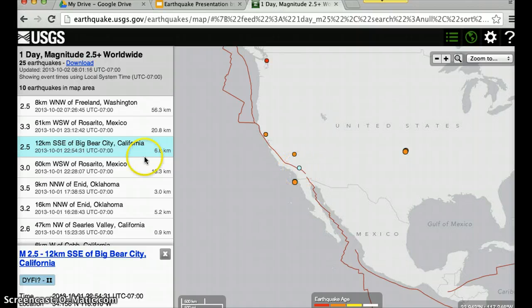Like, for example, this is a 2.5 in Big Bear, and it happened yesterday at about 22 hours. That means that it happened about 10 at night. So these earthquakes are happening all the time, and you're going to write that down in your